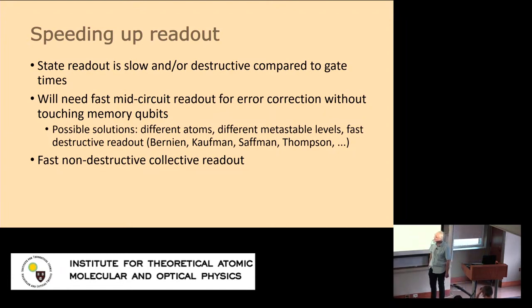So one can ask then, how do we do fast? What are other ways to do fast mid-circuit readout? We have been exploring this fast non-destructive collective readout, where the basic idea is, why is the readout slow? Well, if you have one atom and you collect fluorescence with, typically maybe 1% or so overall collection efficiency, you have just the finite scattering rate by the atom given by the line width of the transition, and that sets this millisecond scale for most atoms.